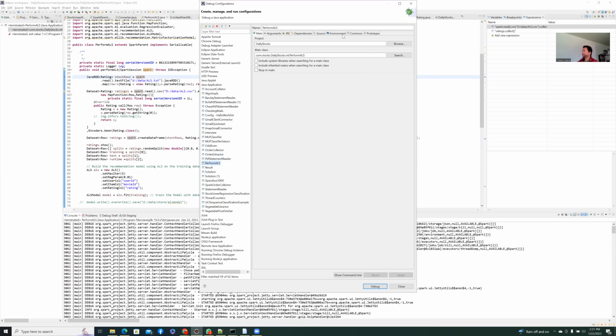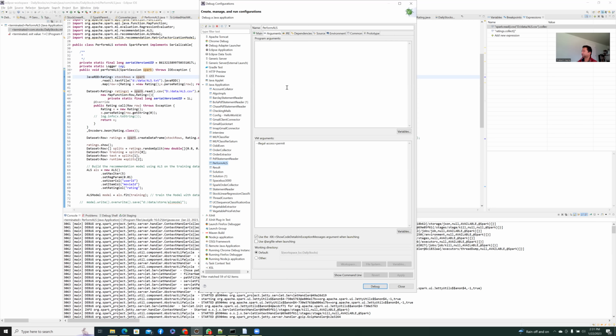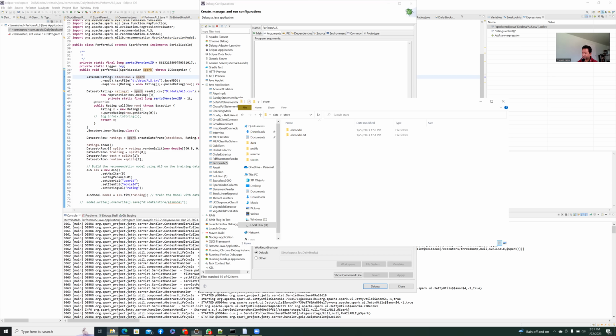These are very important, therefore I am going through each one of them. If you try to just run the code as is, you won't be able to do it. So in the arguments, you have this illegal access permit. This illegal access permit is required because if you take a look at the data, I put our ALS